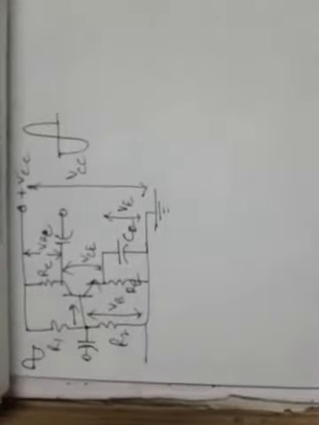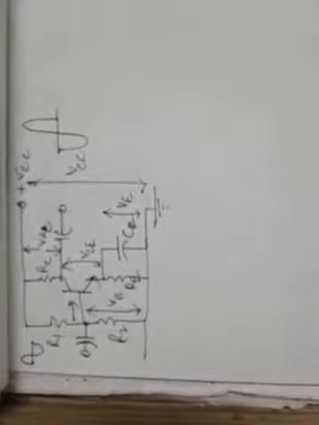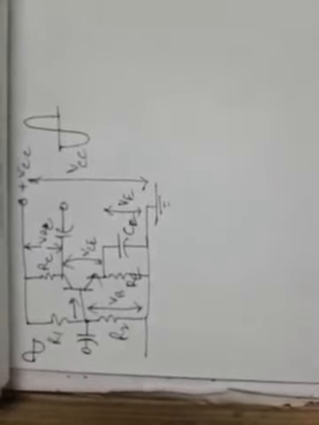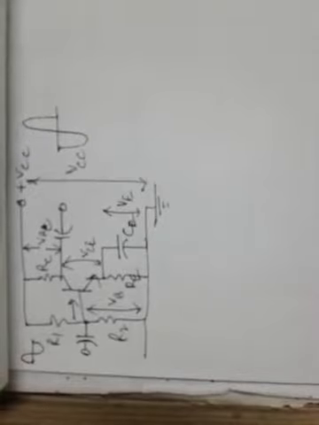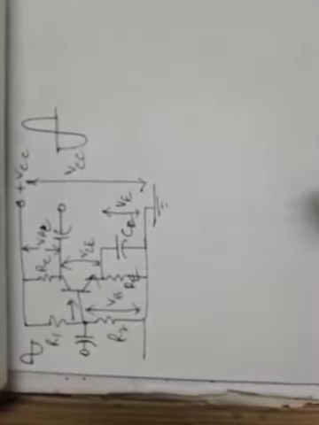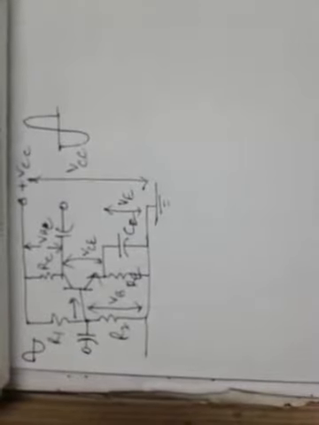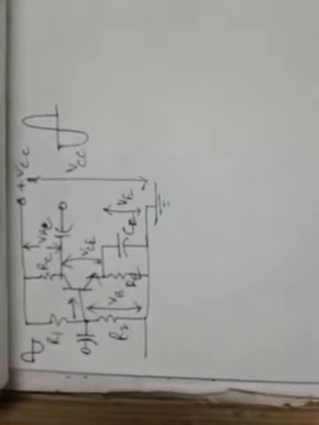So let us now see how to draw the AC load line based on a typical problem. Let us first draw the circuit, so that from there we can get to know how to draw the load line. So this is basically a voltage divider bias circuit. You are familiar with this circuit because we have seen this circuit during the discussion on biasing techniques. So in this VDB circuit, we will use this circuit to understand how to draw the AC load line.